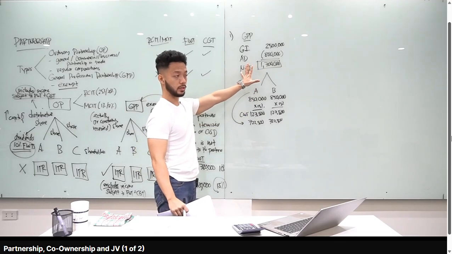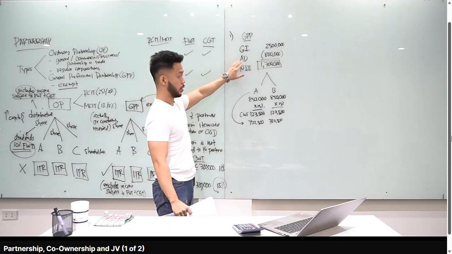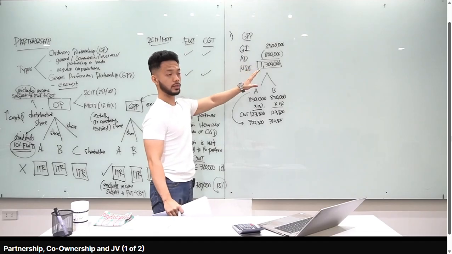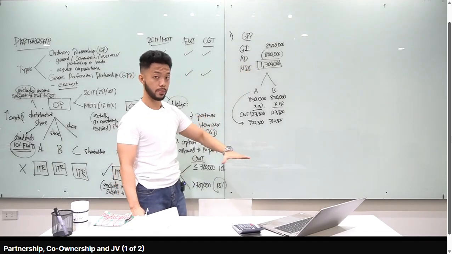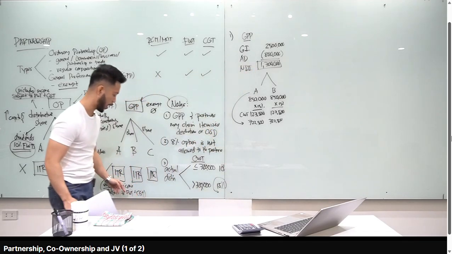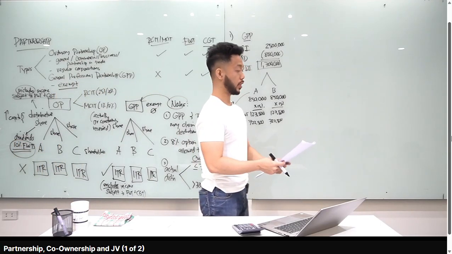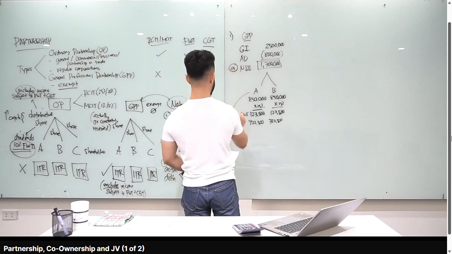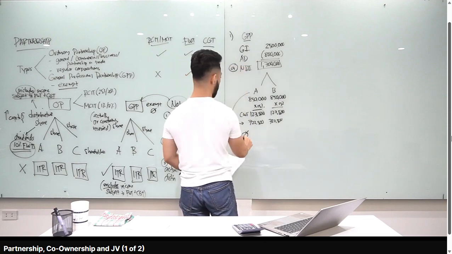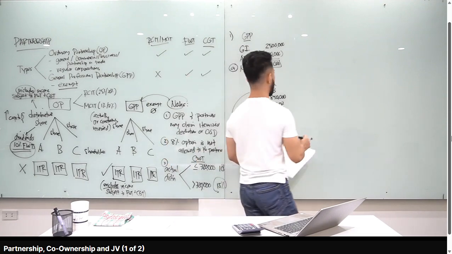Take note, walang tax dito because this is a GPP. Tama? Ngayon, yung income na yan, babayaran mo yung tax niyan sa partners level. Okay? In their separate or personal capacity. Sa ITR nila. Okay? So, tingnan natin class. Income tax of AB and company partnership. So, again, ito yung sagot mo sa A. Sa B naman, yung sagot natin class is 0. Kasi nga exempt yung GPP from income tax.